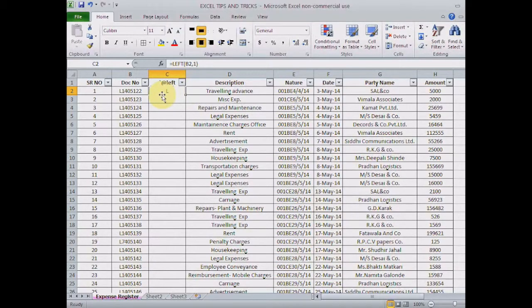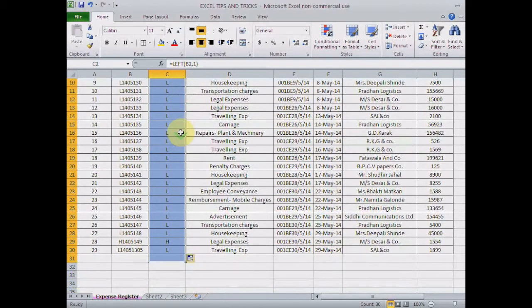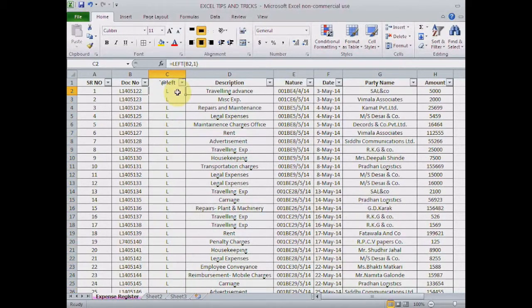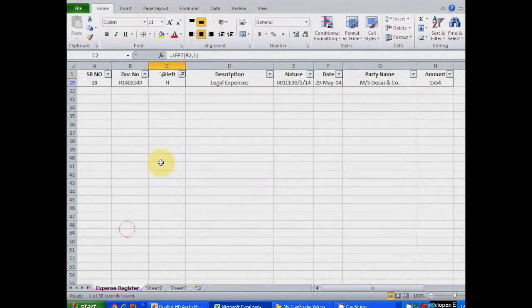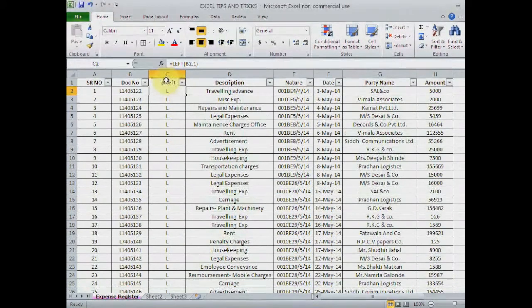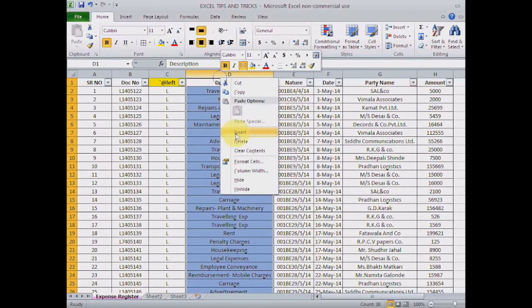Now I want to copy the formula for all the document numbers. So instead of doing Ctrl C and Ctrl V, copy paste, I can simply double click on the drag button, and the entire formula will get copied for the column. So if I scroll down, I can see that there are document numbers starting from H, and that becomes my immediate query for the auditee. So I'm making it yellow because I inserted that.